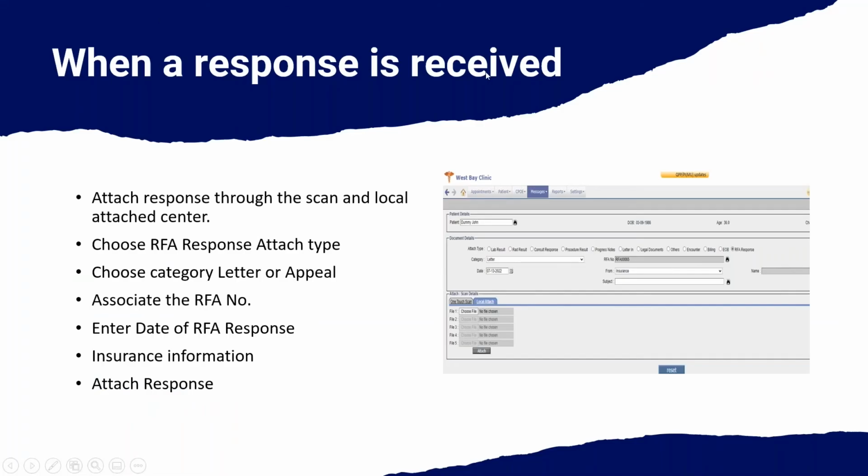When you receive the response on the RFA, you're going to attach it. Go to the Scan and Local Attach Center, and you're going to attach the RFA back to the order. So you're going to do that by going all the way to the end and using the RFA Response button. You can mark it as an appeal or a letter. Right here's where you want to select the order that you originally sent out,